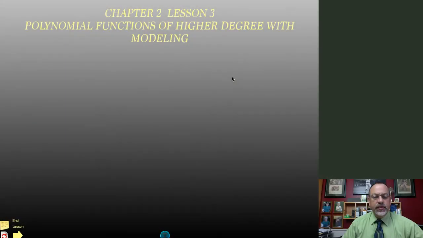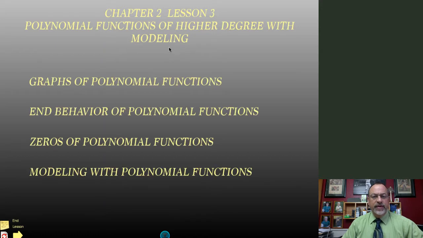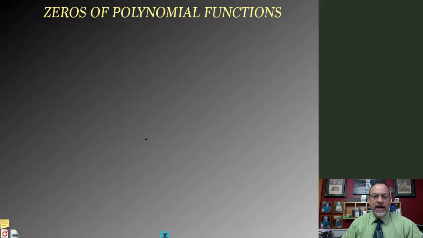Pre-calculus, Chapter 2, Lesson 3, looking at polynomial functions of higher degree, and we've been piecing these things together. We talked about the shapes of the graphs being smooth and continuous. We looked at the end behavior of the graph, so we know how the ends are going to look. What we want to look at now are the zeros of the polynomial function and how that's going to help